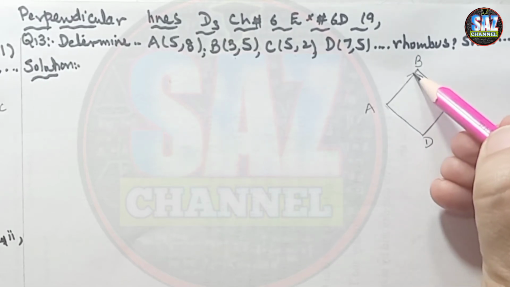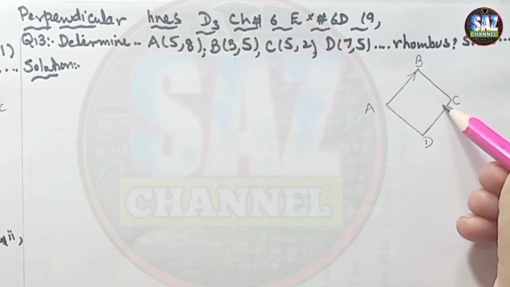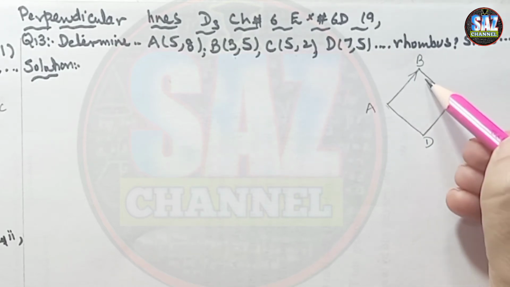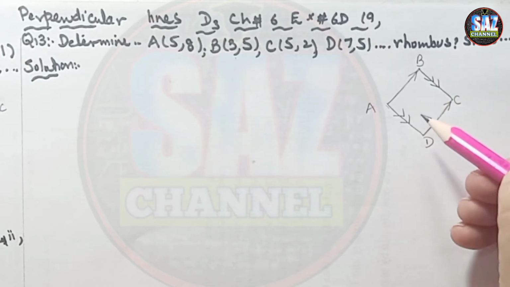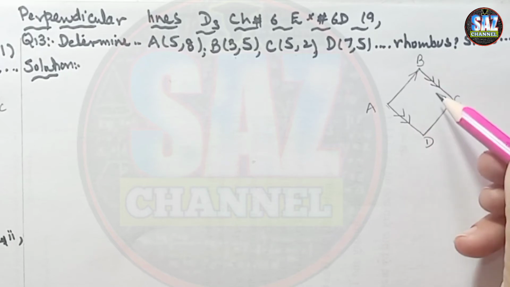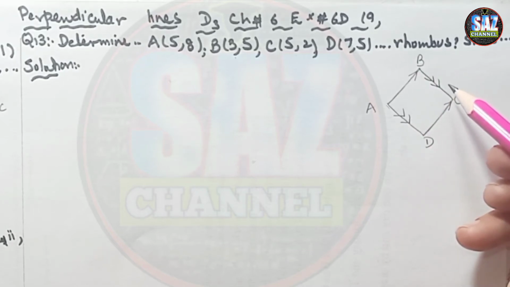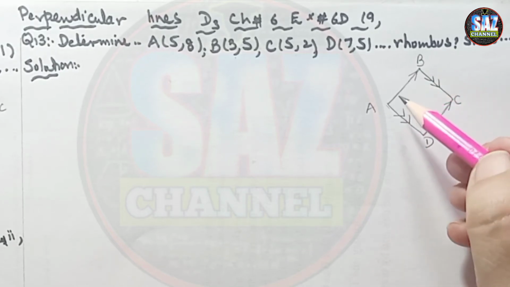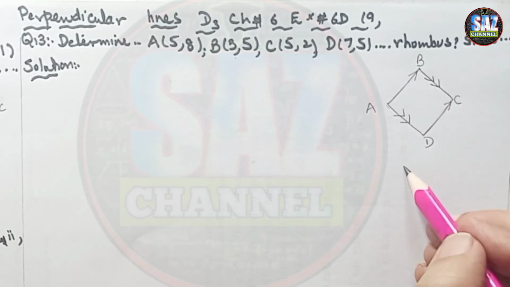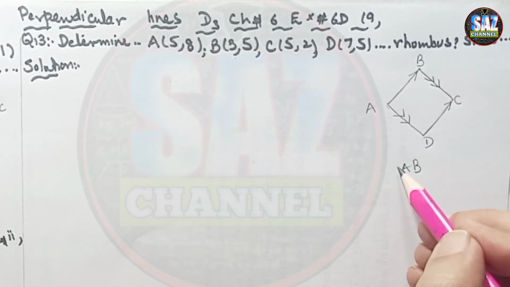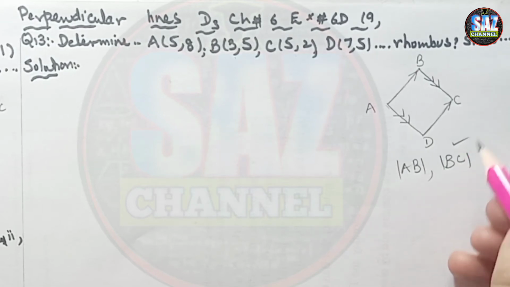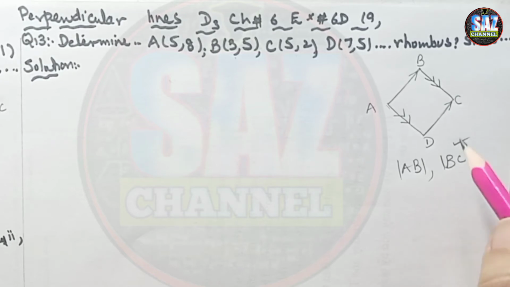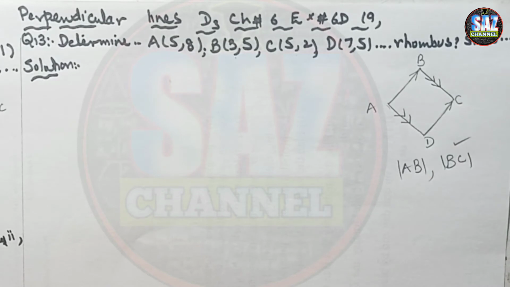In this case, if AB and CD (or DC) are parallel and BC and AD are parallel, then it's a condition that it can be a rhombus. And the second thing that we have to prove is that all 4 sides are of equal measure. Then we have to find the distance AB and the distance BC. If these distances are equal, then that shows that these are the sides of the rhombus. So let's move to the solution of the question.